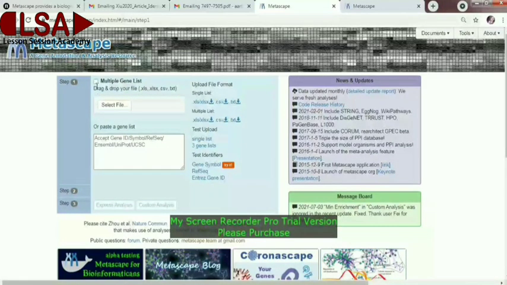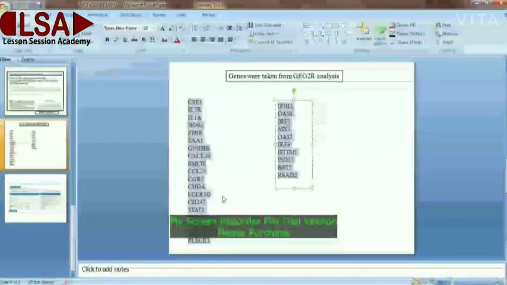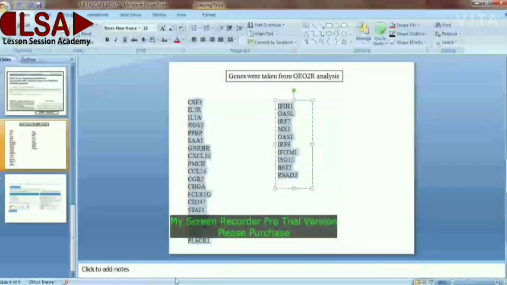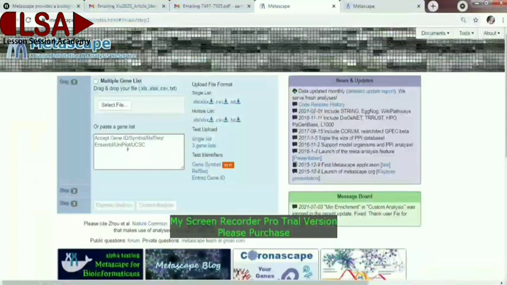If you don't have multiple gene lists, then easily paste your genes here and don't check the multiple gene option. As we have a single gene list with 29 genes, we have to copy and paste our gene list. So I have copied all 29 genes, and now I will paste it here.